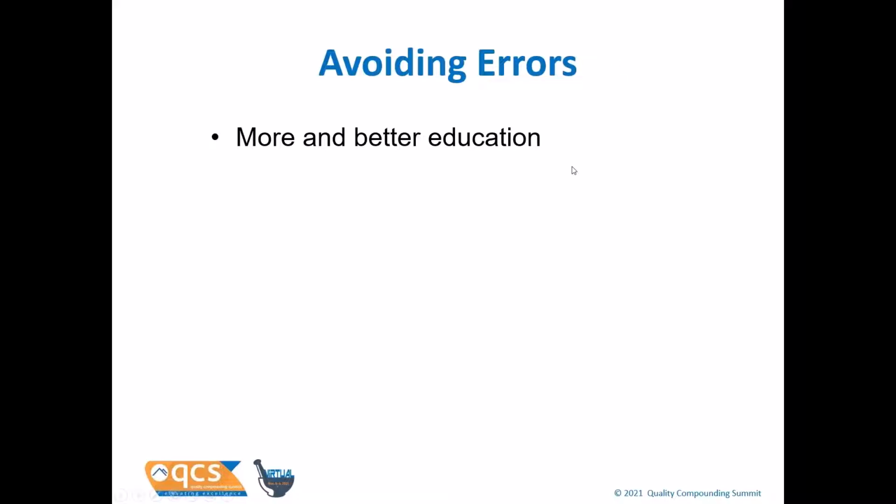How are we going to avoid errors in the future? Obviously, more and better education. Fortunately, a lot of the colleges of pharmacy are incorporating more and more science back into their curriculum and incorporating some laboratories back. Laboratories are very expensive, but it is important to better educate all the graduating pharmacists in formulation development and compounding. There are a lot of schools now that have incorporated compounding courses in their curriculum, and this is great. I wish all of them did it, and maybe they will at some point in the future.